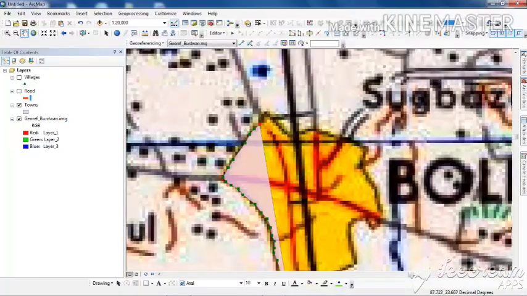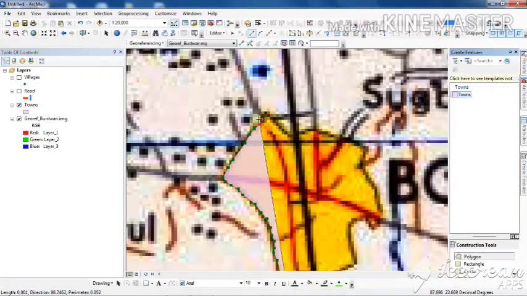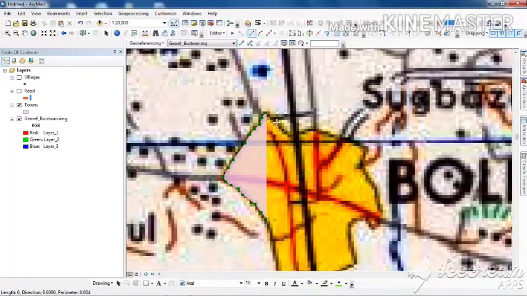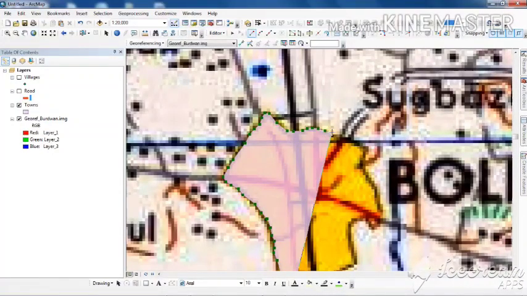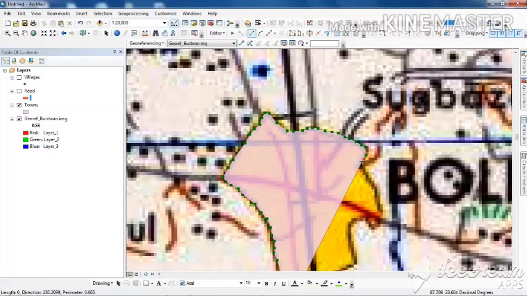Now anyway, I have started off the digitization of the town. You just see I am taking it in the form of a polygon. Why? Because all the important features need the area, and unless you digitize something as a polygon, you would not be able to get the area. Just see, I am precisely following the shape so that not a small part is left over.